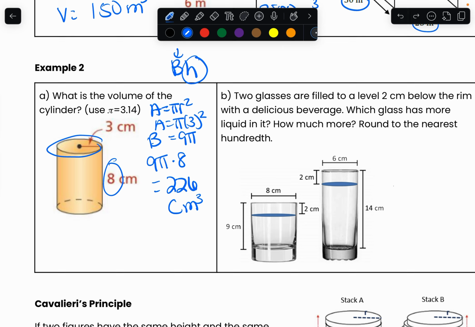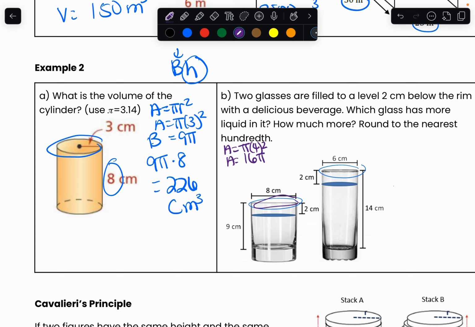So, I need to first figure out the area of its base right here. Let's try out the formula for circles. For the first one, I'm going to do it in purple. My area of this first circle right here is going to be pi times my r. Since my diameter is 8, my r here is going to be 4 because it's half of my diameter, squared. This means the area of my first base is going to be 16 pi.